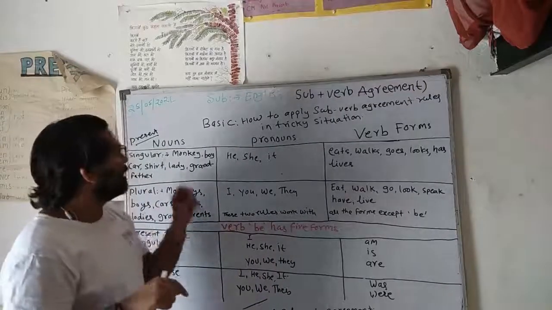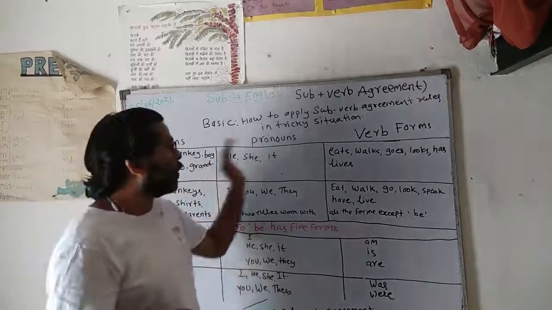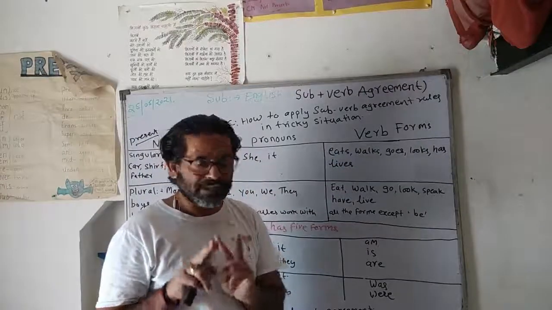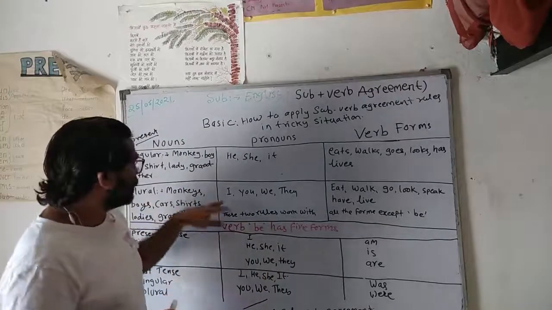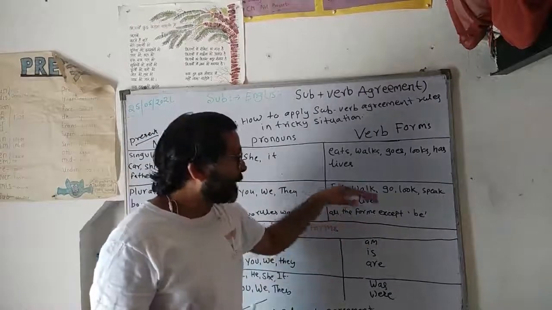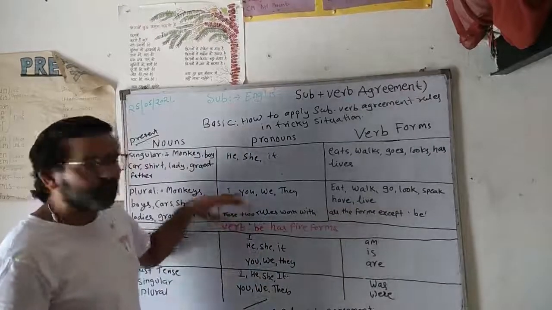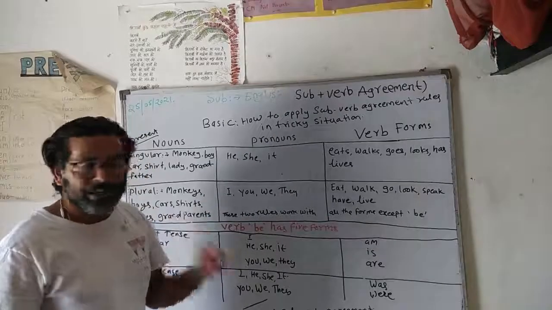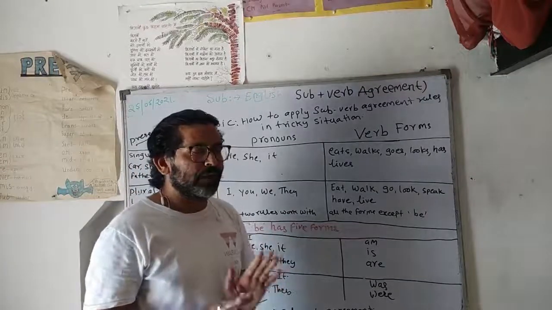So what did we learn? With a singular noun or singular pronoun, we always use s or es with the main verb if the sentence is in present simple tense. With a plural noun and plural pronoun, we do not add s or es with the main verb in present simple tense. Even though I and you are singular pronouns, we always use the main verb without s or es with I and you. This is a rule, so we have to follow that.